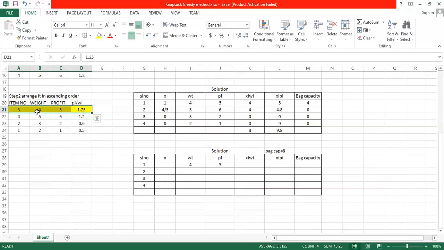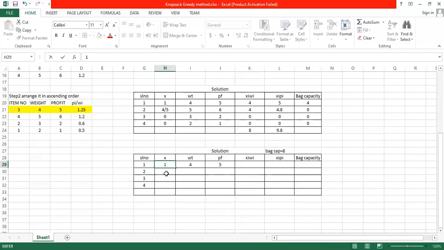When I take that, the weight of that item is 4, the profit of that item is 5, and the bag capacity is 8. Now I'll think whether I can put the whole item into the bag. Yes, I can put the whole item into the bag because 4 is less than 8. So I take the X value as 1.